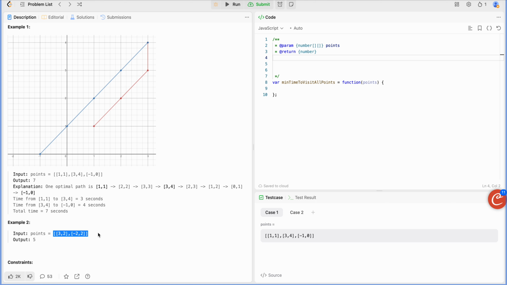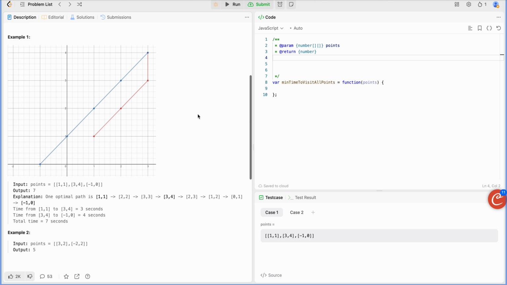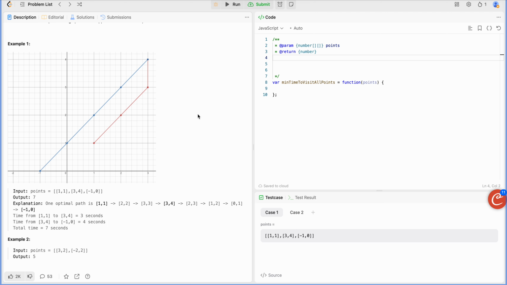Interesting. Here, why is it 5? It would be easier if I could draw here. LeetCode should have some kind of interface where I can draw these figures easily. Anyway,